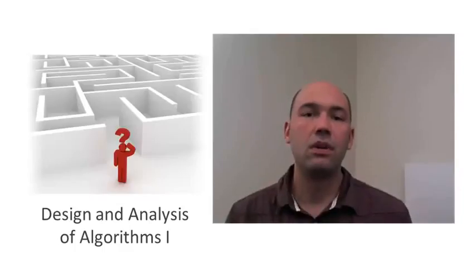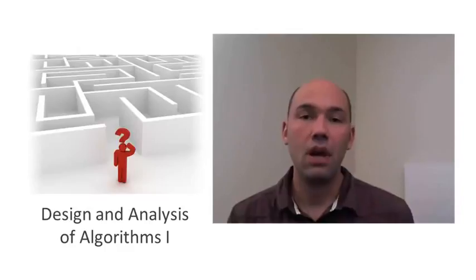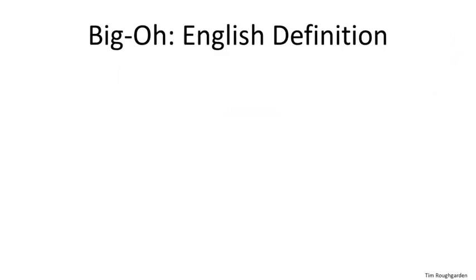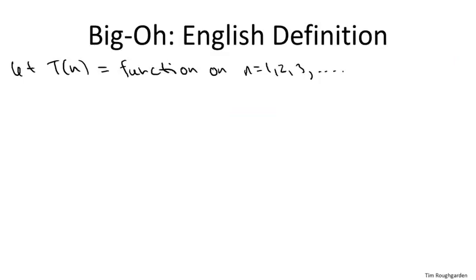In the following series of videos, we'll give a formal treatment of asymptotic notation, in particular big O notation, as well as work through a number of examples. Big O notation concerns functions defined on the positive integers. We'll call it T of n. We'll pretty much always have the same semantics for T of n. We're going to be concerned about the worst case running time of an algorithm as a function of the input